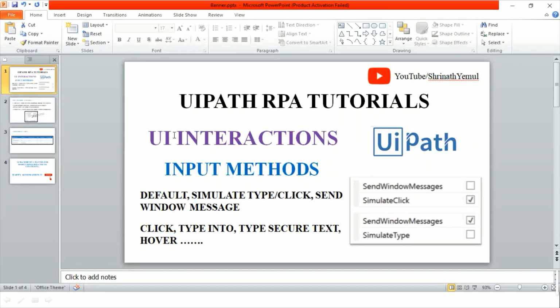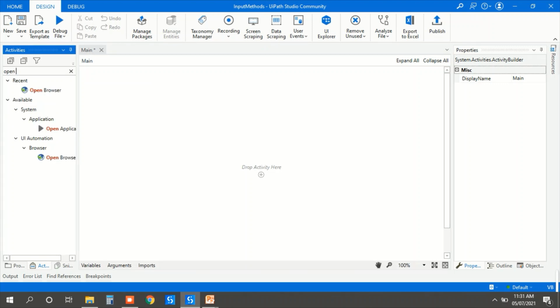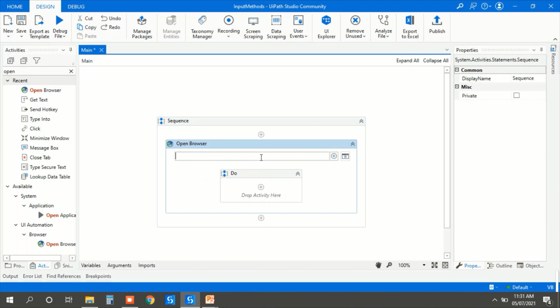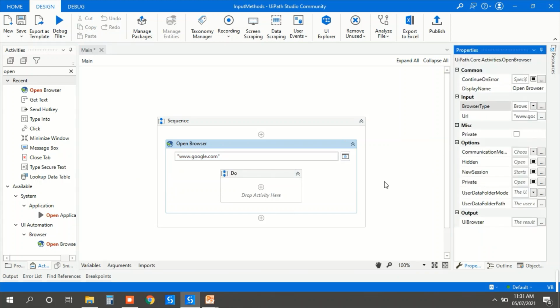So let me show you the demo of input methods. First open the browser, type the URL, let's say open Google, and select the type of browser as Chrome.